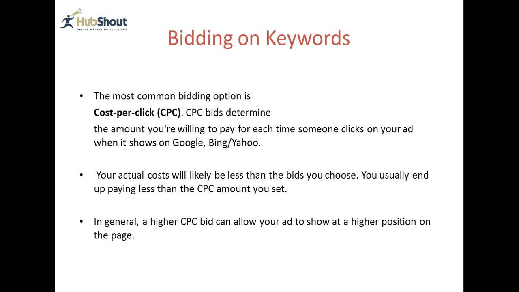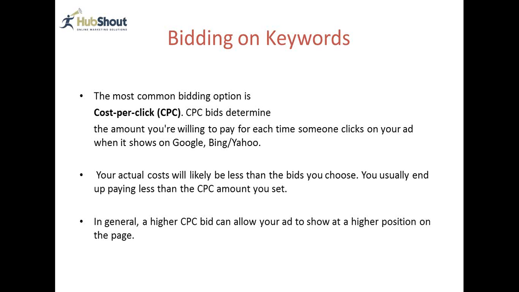When someone actually clicks on your ad, you're basically paying, so let's say you get position 2. The way that the cost per click bidding works is that I may have said I was willing to spend up to $5 for that click. But if the guy below me was only willing to spend $4, I don't have to pay my full $5. I pay a penny or so more than what the guy below me was effectively bidding.